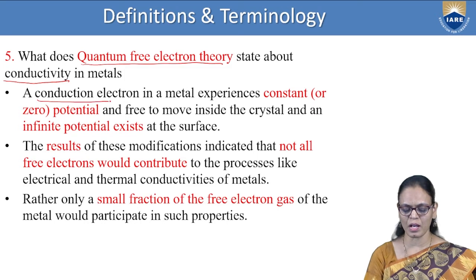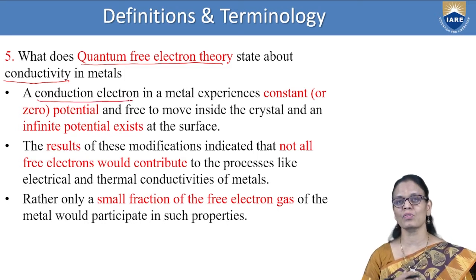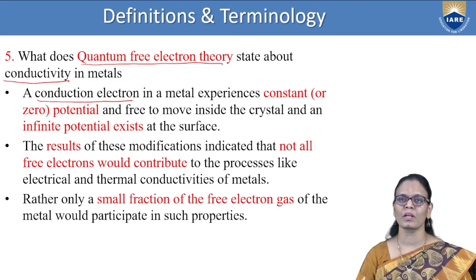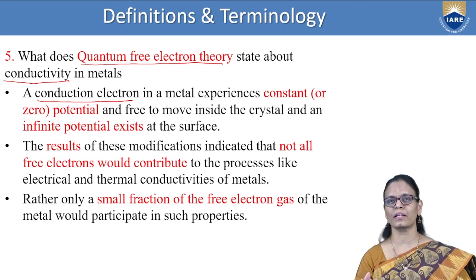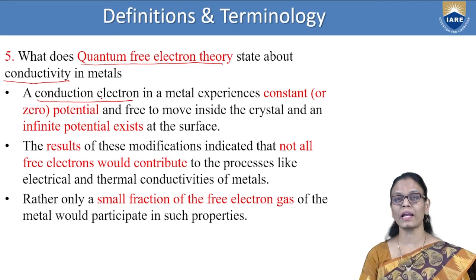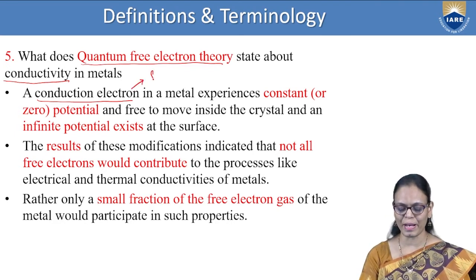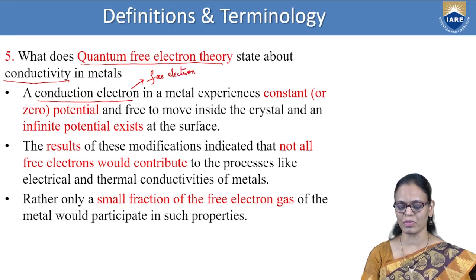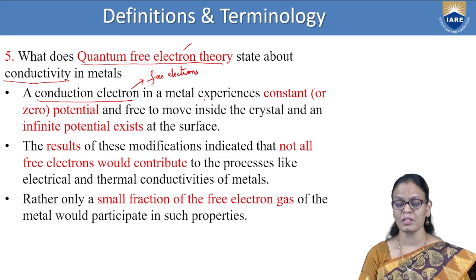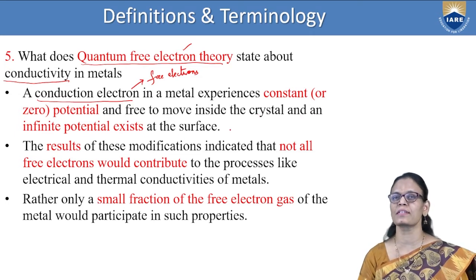Conduction electrons are what? Whenever an electron is detached from the atom, it is free to move inside the metal. So, these free electrons, we are calling them conduction electrons. So, conduction electrons are free electrons. That is why we are also calling it free electron theory. So, it experiences a constant potential and is free to move inside the crystal, and an infinite potential exists at the